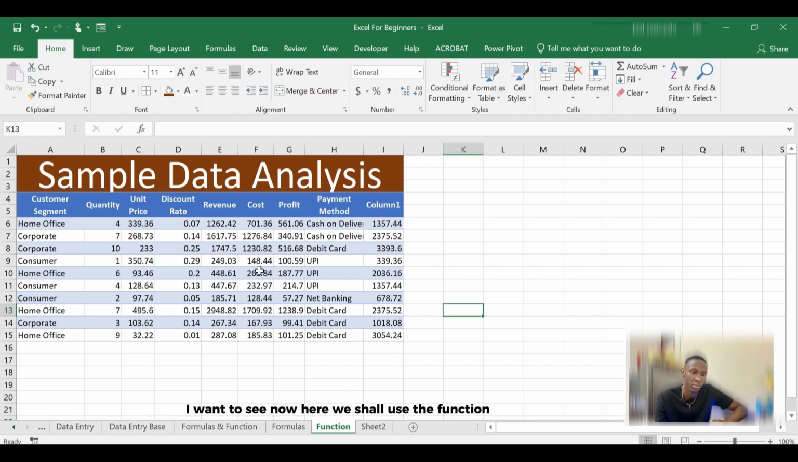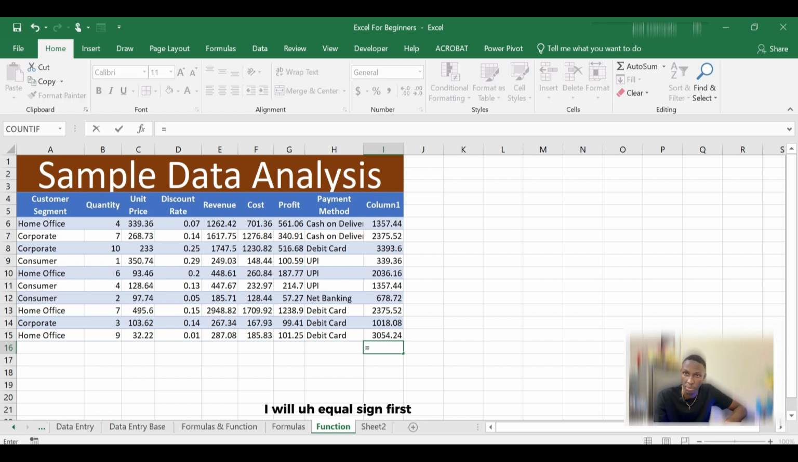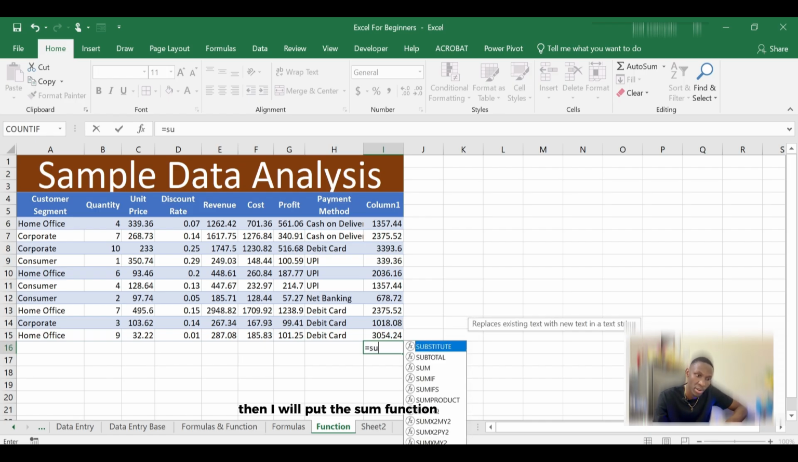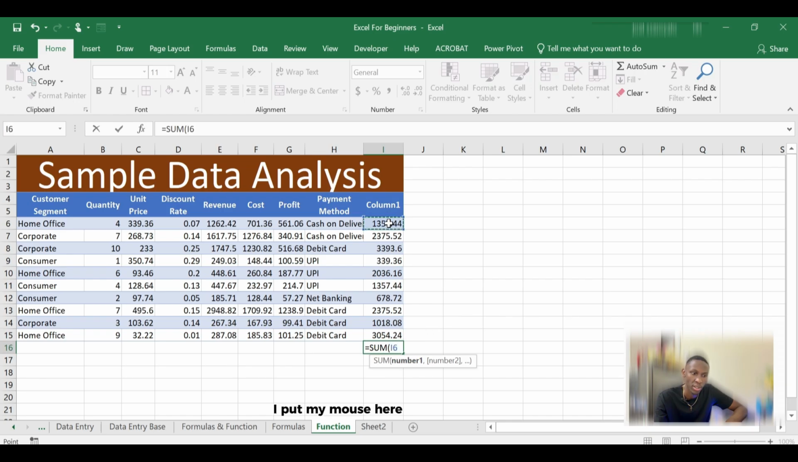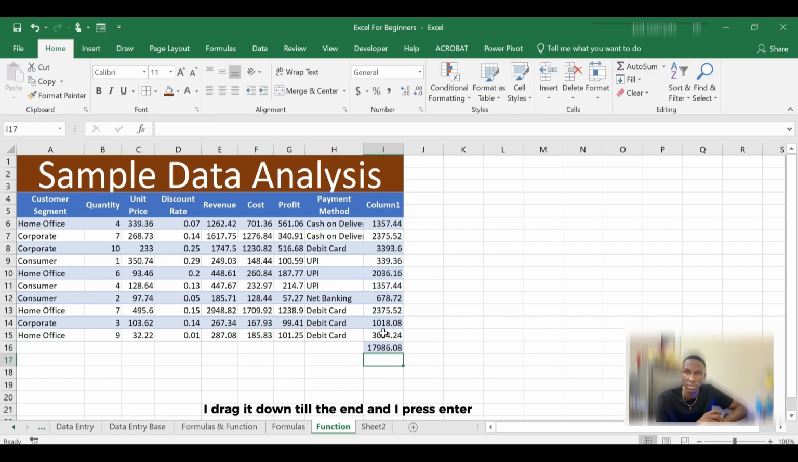I want to see. Now here we shall use the function. Remember, it is built in within Excel. If I want to know the total here, I put the equal sign first, then I put the sum function. I put my mouse here, drag it down till the end, and press enter. That is the total. Now this is what we call a function. It's built in within Excel. SUM is a function,